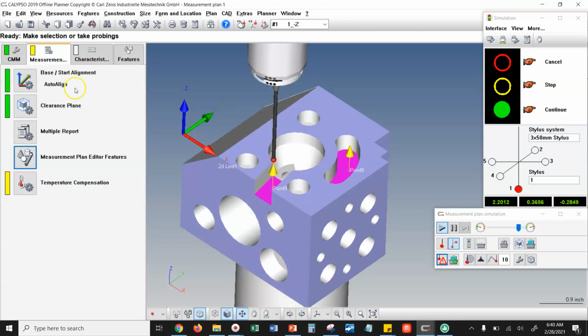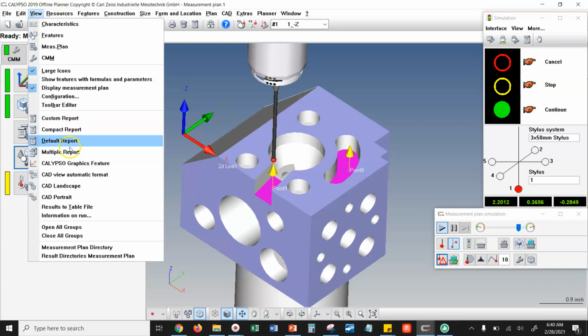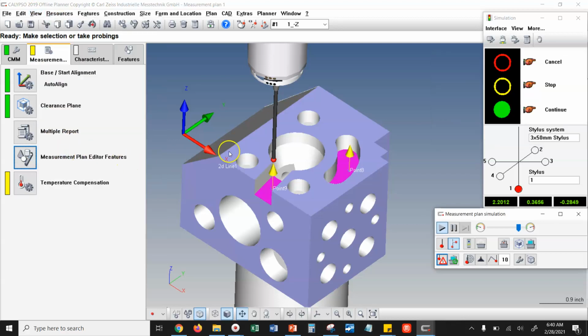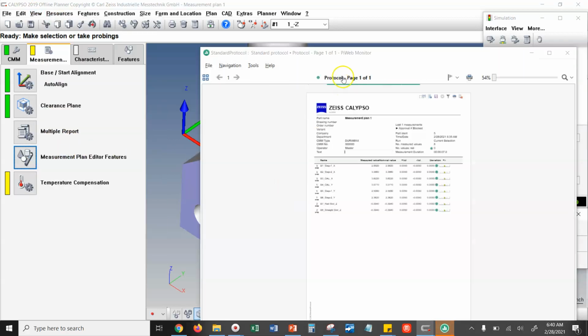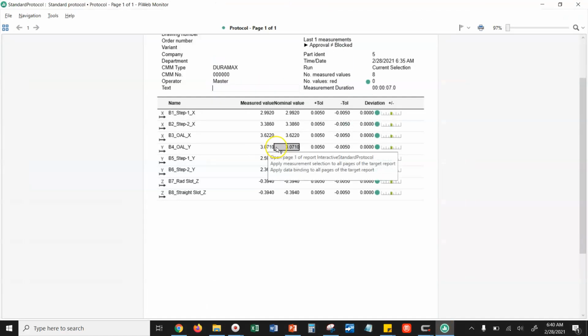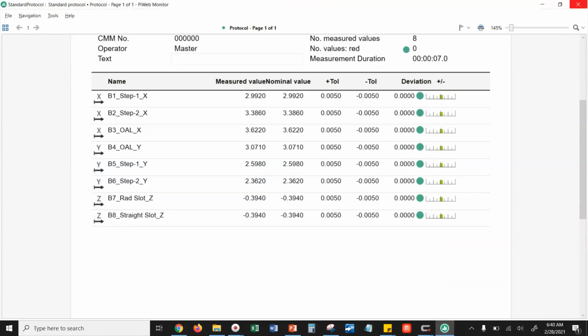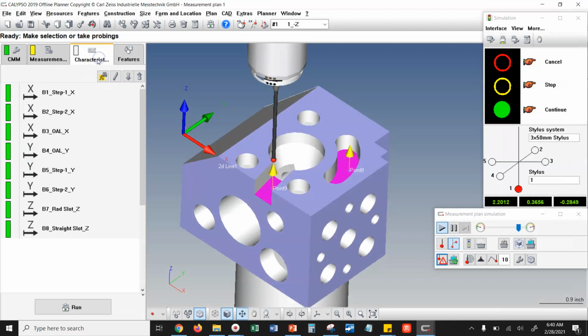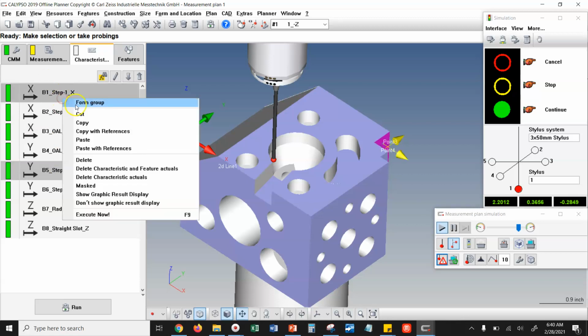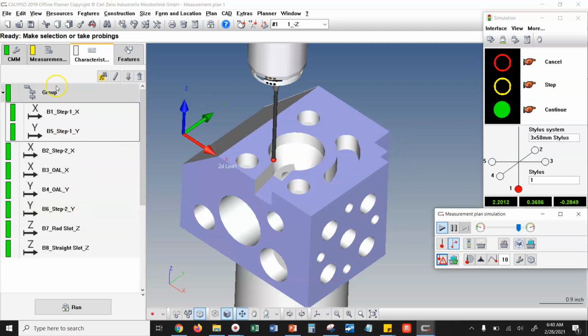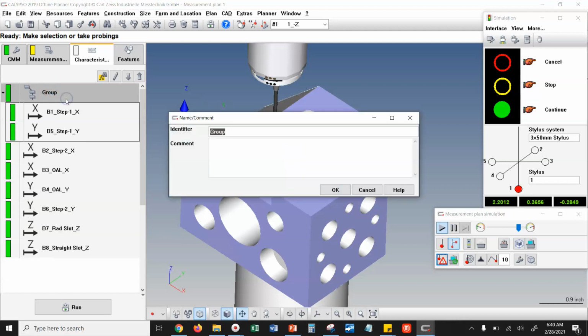Notice that none of that affected our dimension report at all. If we go view multiple report, everything still comes out exactly as it did before. Nothing has been modified. Well, we also have the ability to come into our characteristics list. And if we want to group these by step, let's say, let's see, how do we want to do this? So 0.4 is going to be step 1, and B1 is going to be step 1. So if we right-click and we form a group there, and we name this group step 1,